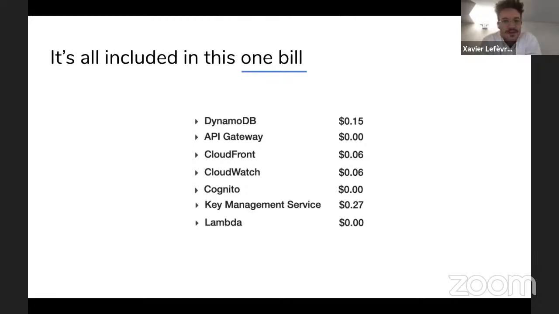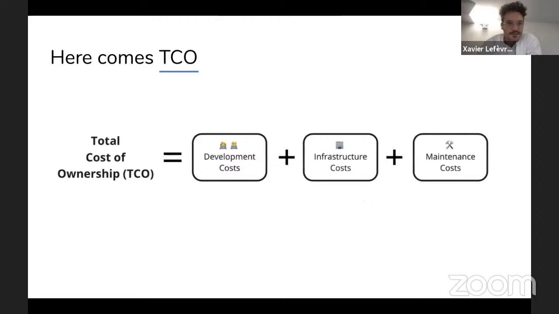So you have all your AWS services here, and they all encompass these different aspects. So how do you understand that? What does it mean? There's a notion called TCO, which is total cost of ownership. That's helpful to understand and to assess this global idea. And it includes three aspects: the development costs, so really of starting and building a project with developers; infrastructure costs of running this project and those apps; and maintenance costs about taking care of maintaining those infrastructures and the code that's going to live for some time.